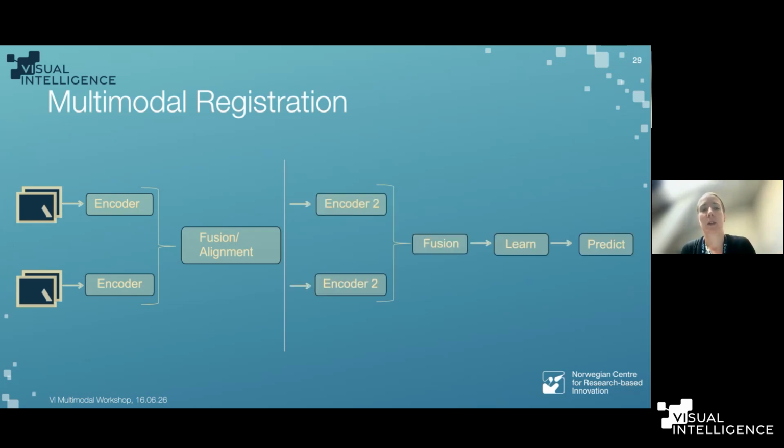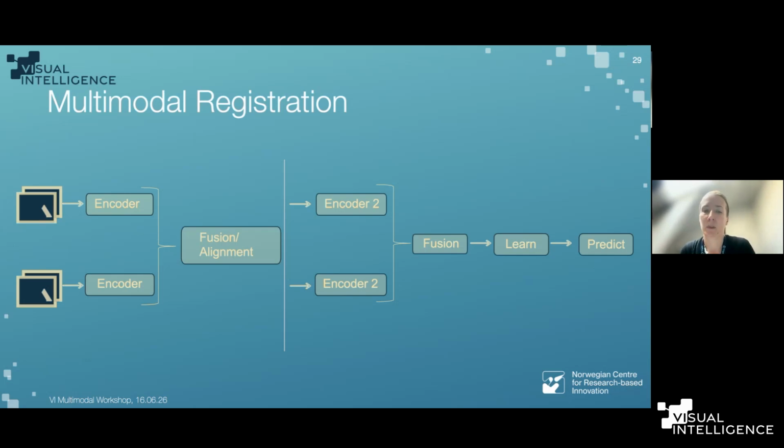And then once they're actually aligned spatially, you have another network that is tailored for your downstream task, such that you then can extract features from both of those modalities, fuse them with your favorite fusion method,